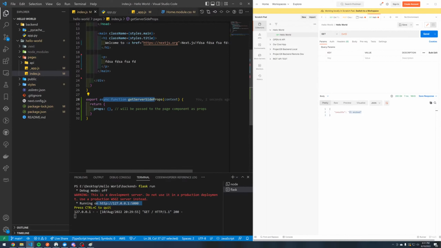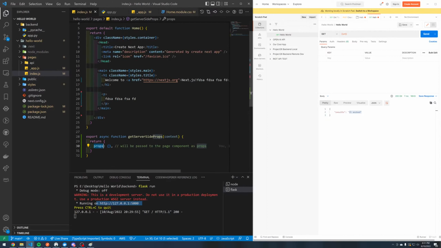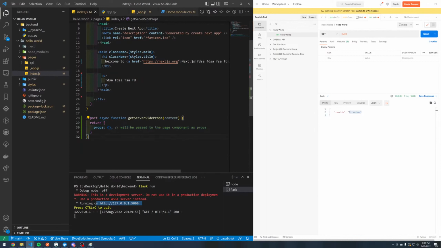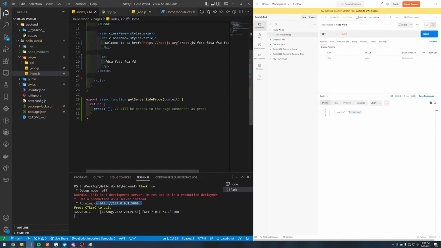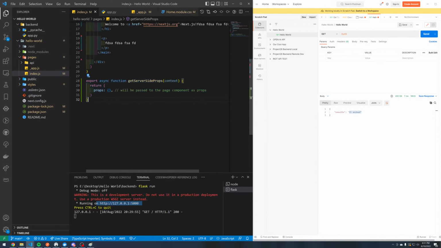Inside of here, this will allow us to get some server-side props. And return props is us returning whatever we're getting from here back into the web page. Kind of confusing at first, but I'll explain it before we actually get the data that we want from the server. So what we're going to do inside this getServerSideProps is inside of props here, we'll go ahead